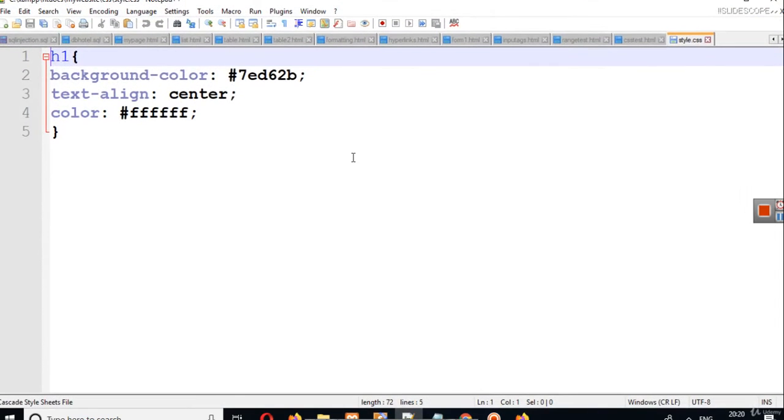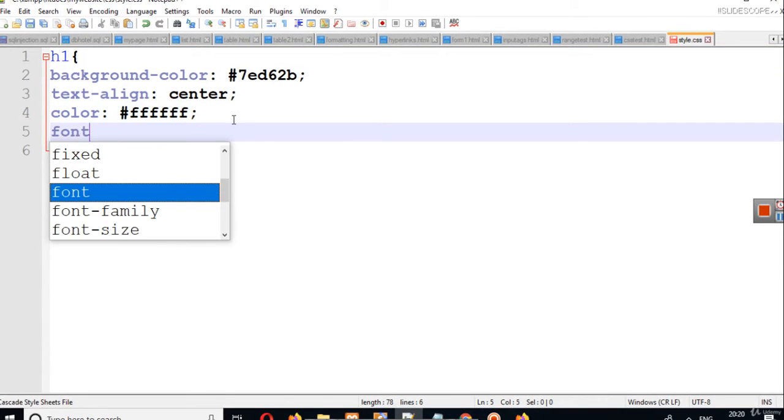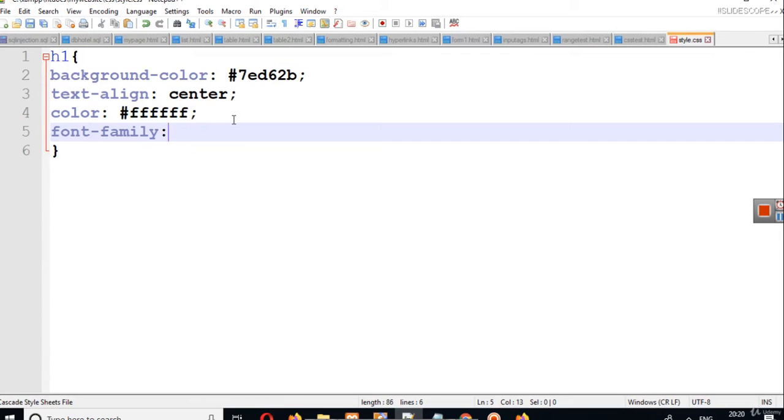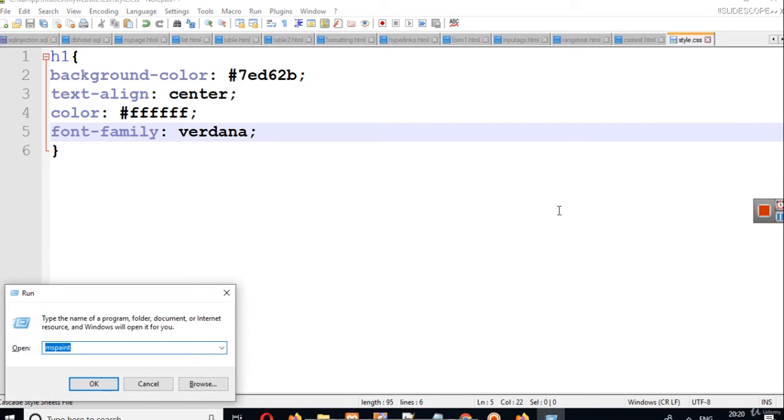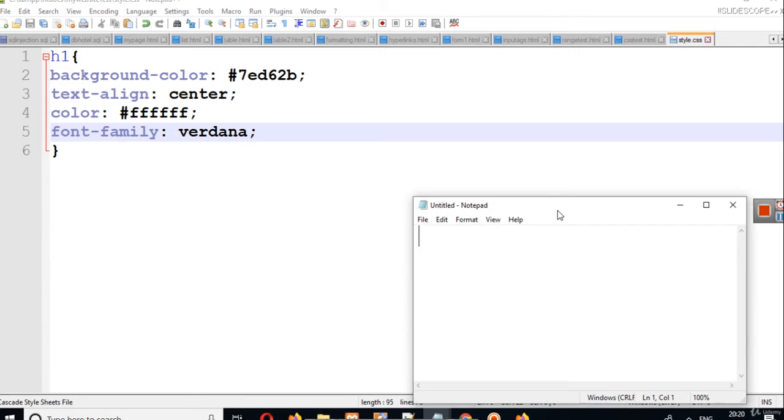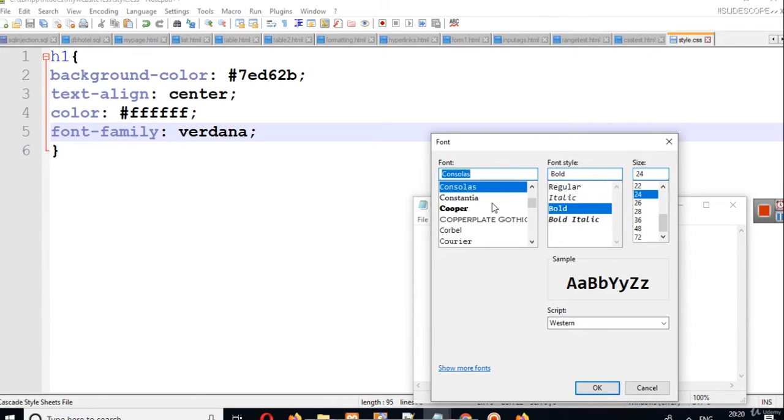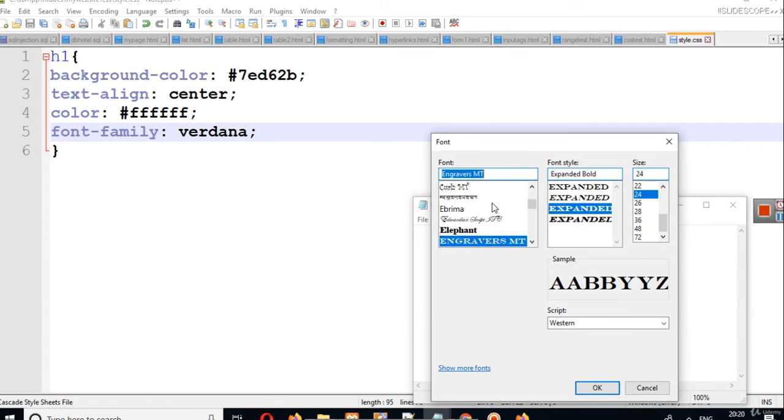Now let's try to make some changes here. Let's say I want to change the font size or font family. So I will change the font family to Verdana. If you want to know about various types of fonts, you can search about various fonts, and you can also simply open Notepad here, and in Notepad go to Format, go to Font, and here we have various fonts and their names, and you will also see how these fonts look.